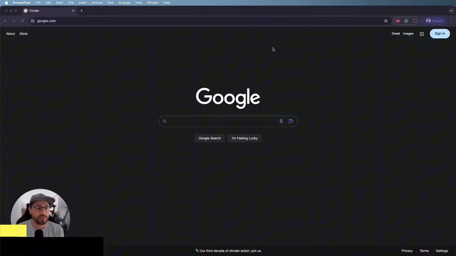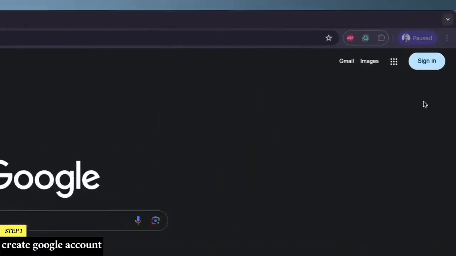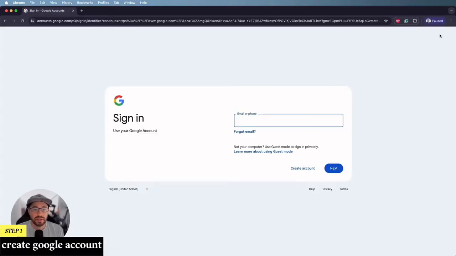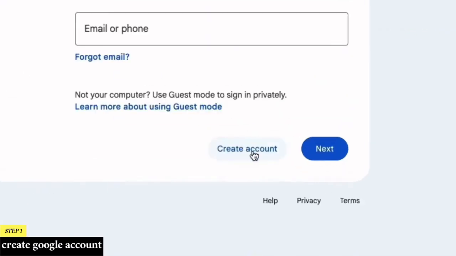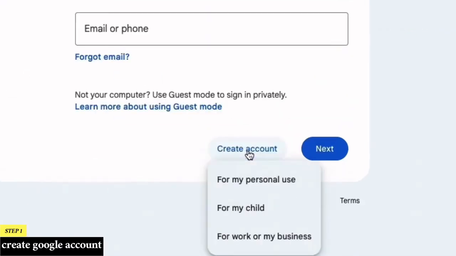So the first thing you're going to want to do is open up a browser and navigate to google.com. From here, click on sign in on the top right, and then you're going to create a brand new Google account. Now, if you already have a Gmail account, that's perfect. You can sign in and then you can skip ahead to the chapter where I talk about setting up your YouTube channel. But for those of you who don't, you're going to click create account right down here, and then